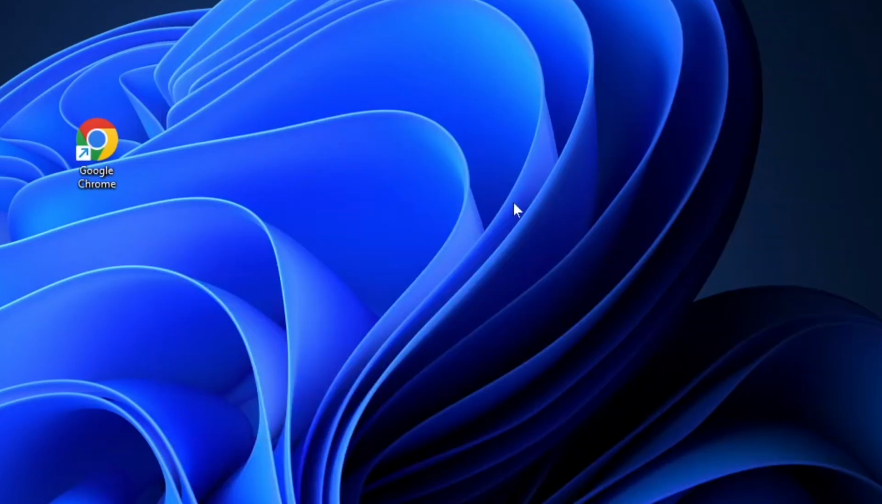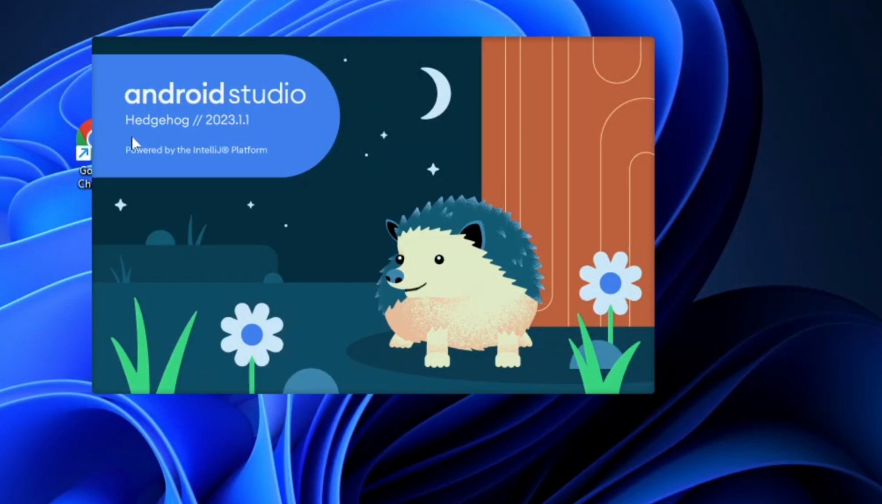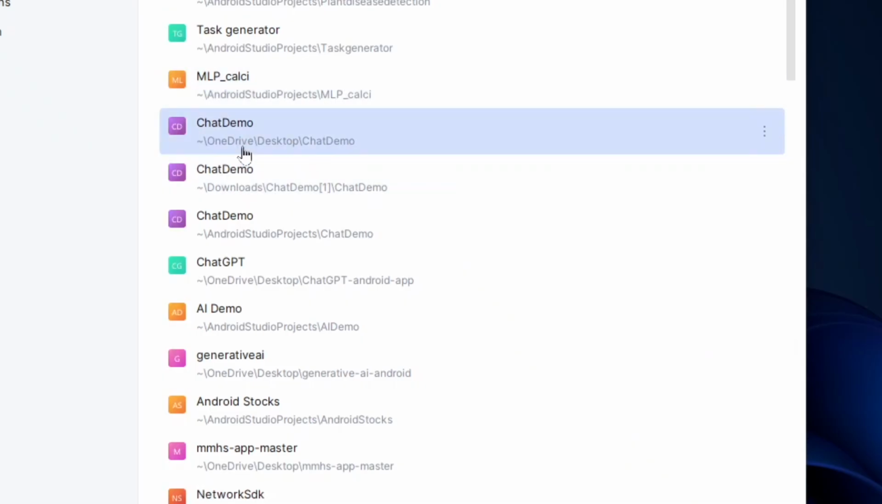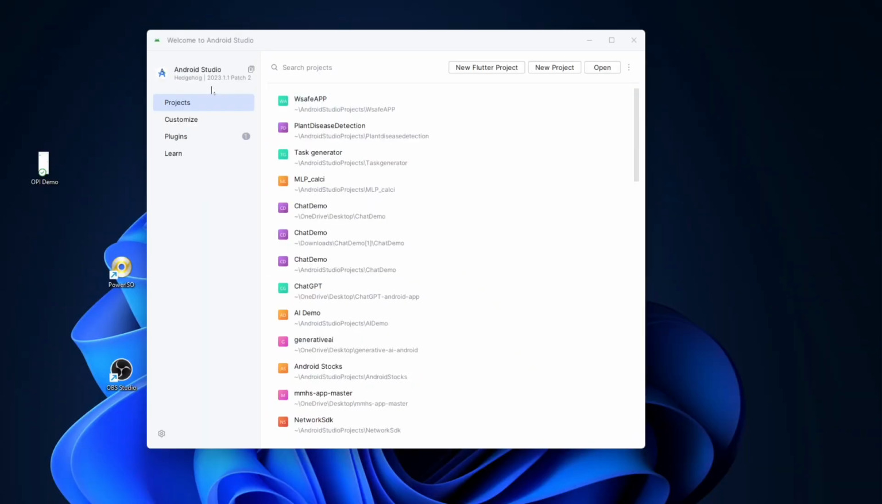So click on open. You can see the Hedgehog version I have used here, which is 2023.1.1.2. In this we are going to create a unit converter application. Let's see how we can create a basic application and how we can implement a basic application in this video. We don't need to do much, we just need to create a new